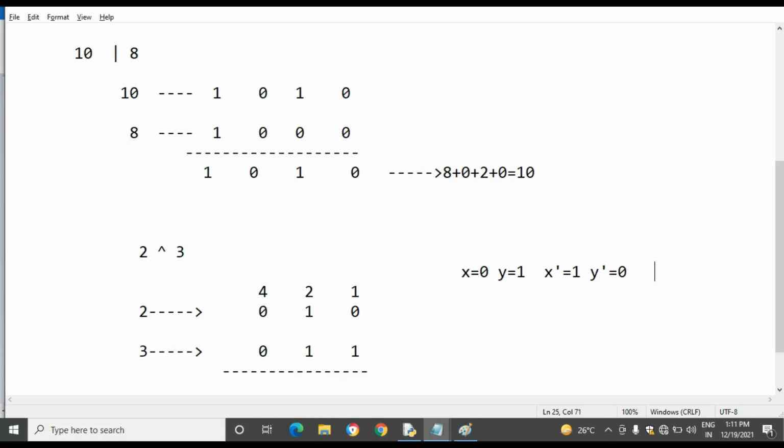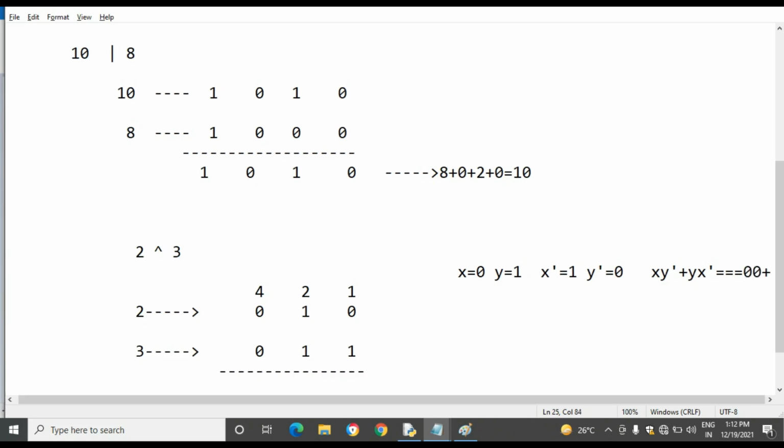The formula is x y dash plus y x dash. X is 0 and y dash is 0, so 0 plus y x dash. Y is 1, x dash is 1, so 1.